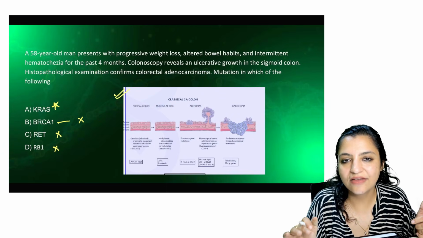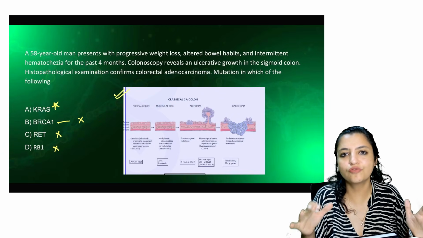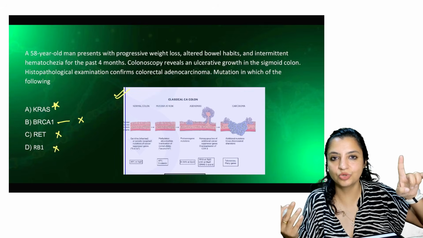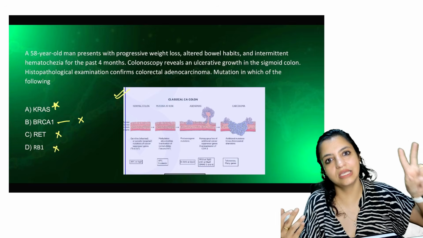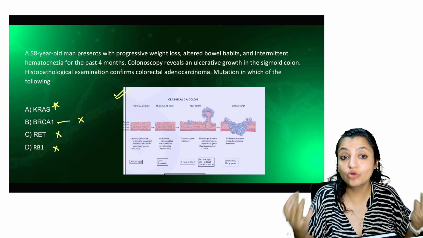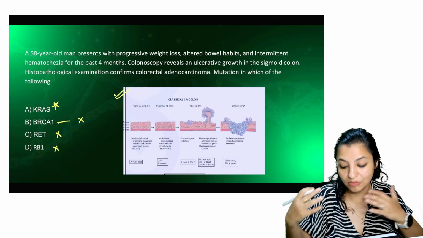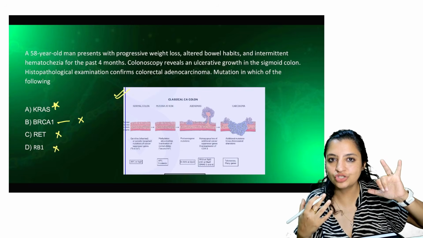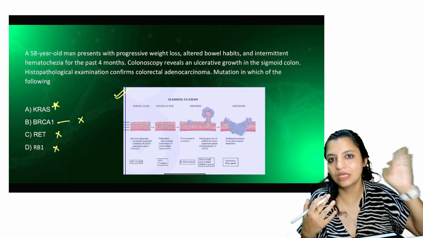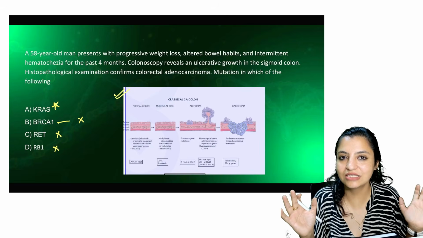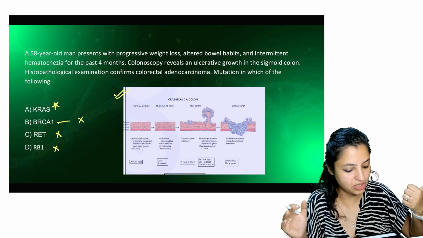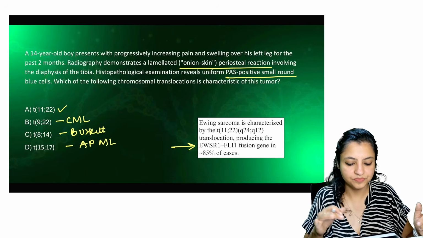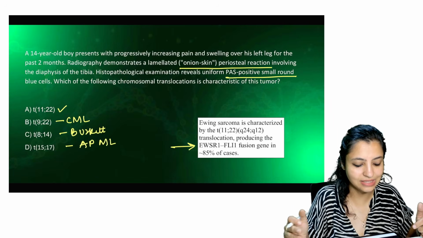Okay, so this I have told you so many times. The typical history of colon cancer: whenever you have a colon cancer, the first mutation is loss of APC, and then there is KRAS activation. I told you so many times that KRAS is typically activated in pancreatic, biliary and colonic areas. So when you have pancreatic cancer, cholangiocarcinoma, or colon cancer, KRAS is point mutated. So the answer is KRAS. Why not BRCA? BRCA is breast and ovarian. Why not RET? It is medullary. Why not RB1? It is retinoblastoma. So exclusion was easier in the exam this time.